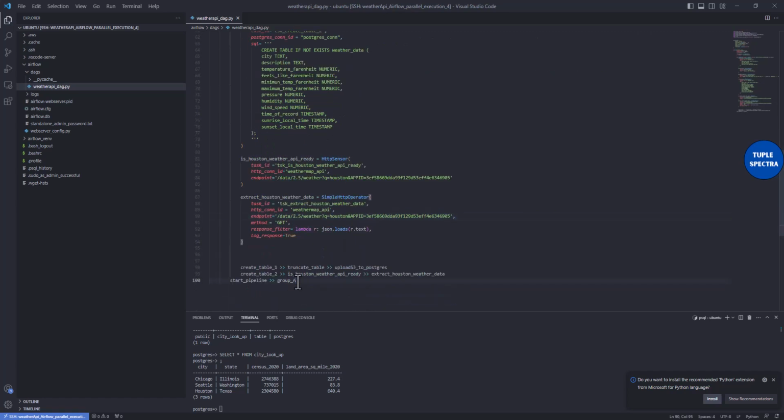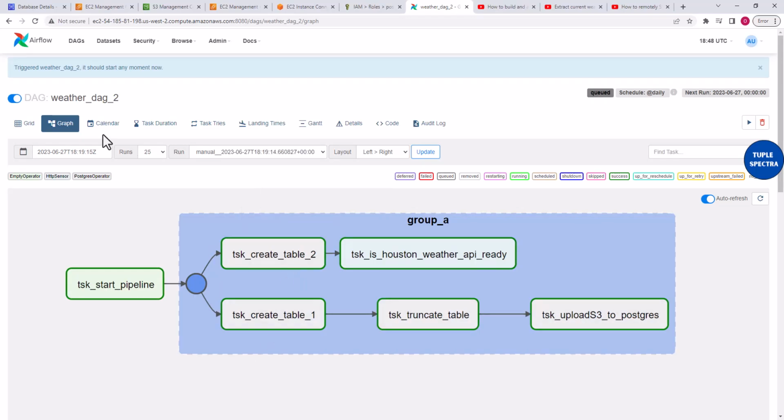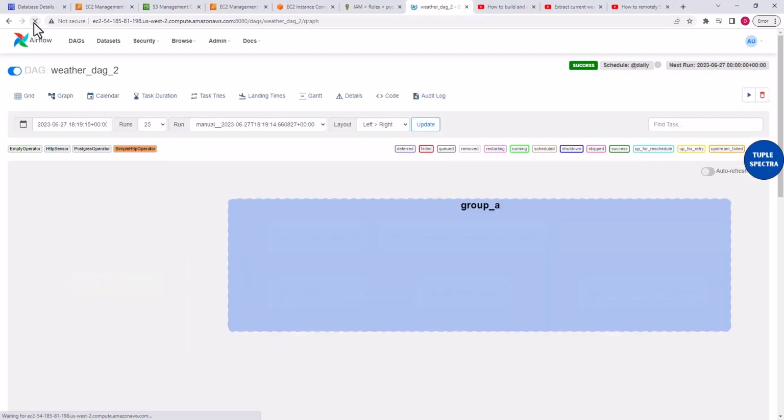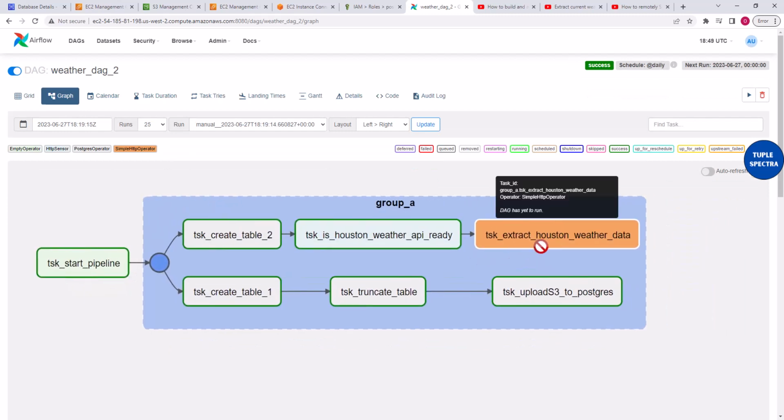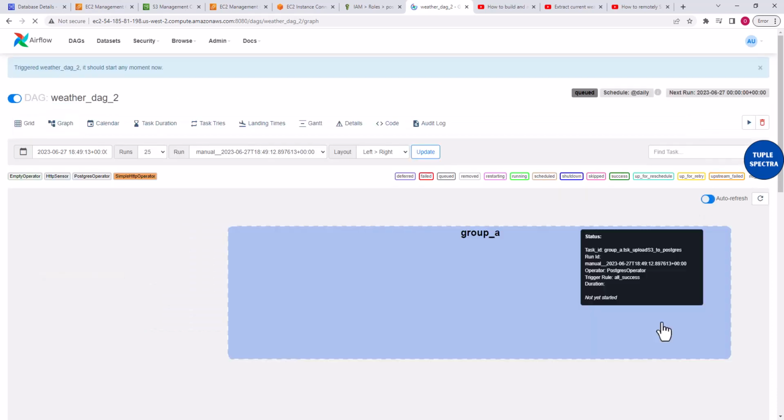Okay, if you take a look at this, we are still having this to be start pipeline then to group A, right? So now that we have saved, let us refresh, see what happens. Very good, guys. You can see that we have this extract using weather API. Okay, if we try to run this, let's see what happens, guys. Let's put it auto refresh. If I do trigger DAG,